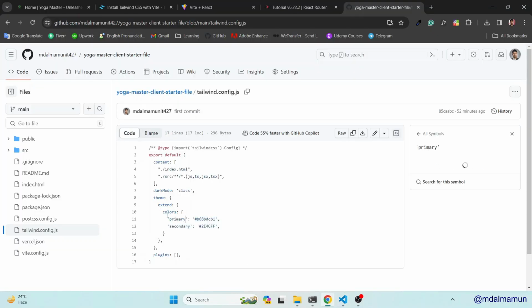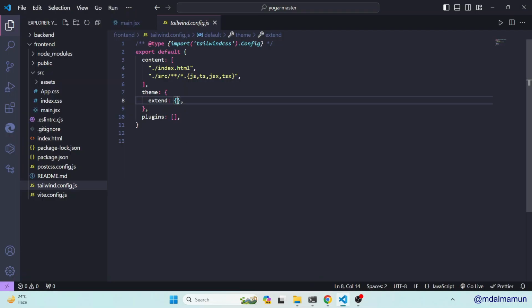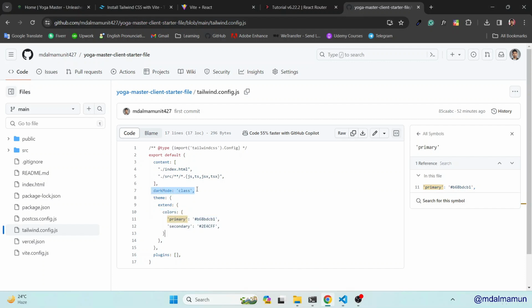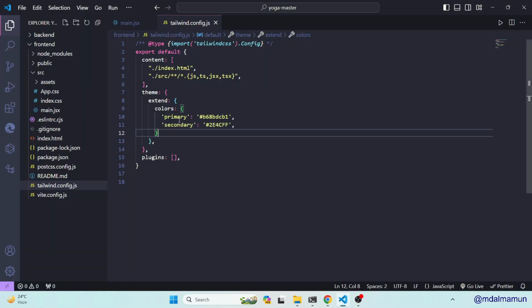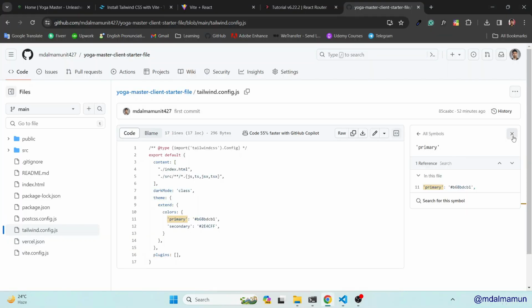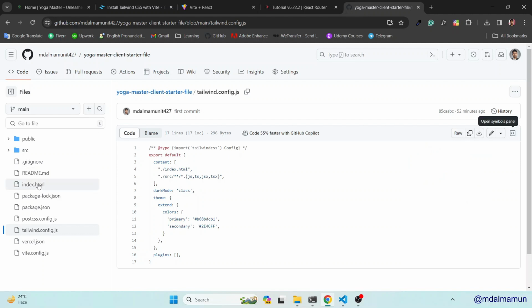Let me copy colors and paste it here. Okay, so then you can just simply use dark mode, and here you can include dark mode, and that's it. This configuration is done. Next, you have to do what is you have to do go to this src folder,